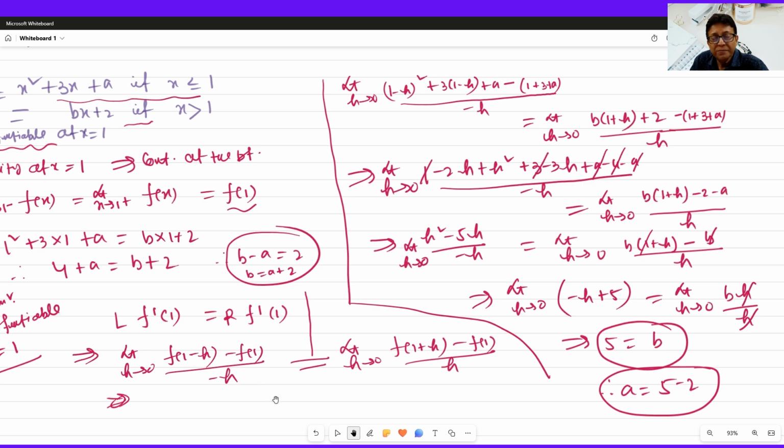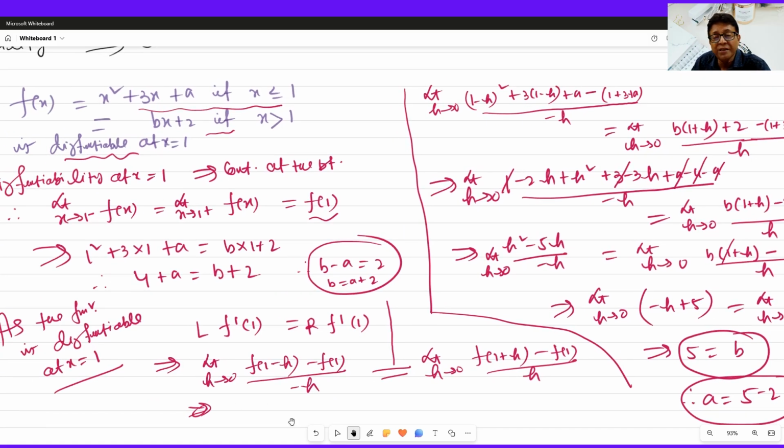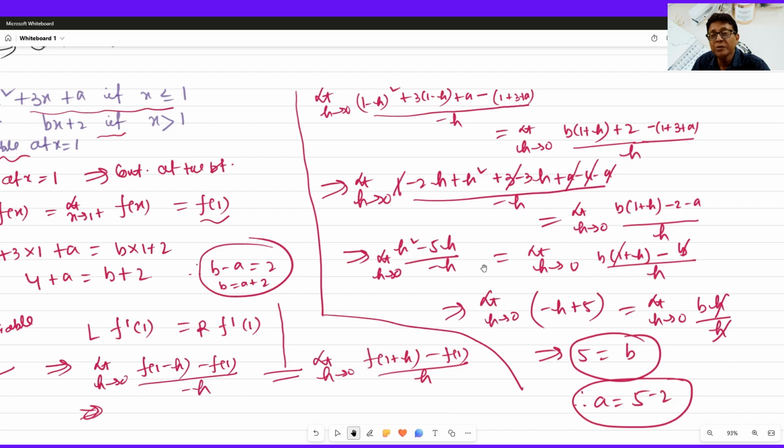By using the concept that differentiability implies continuity, we have done it here. And then I have used that limit concept, L f dash 1 equal to R f dash 1. Clear? Hope you have understood. Now let us go for